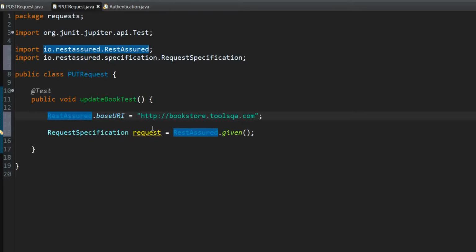Now that we have the base URI and the request, it's time to compose the request headers. We send the request headers to the server so that the server is able to process the request we are sending. We will be sending basically two headers. The first header will be about authentication, wherein we will authenticate the user account that we are logging through, and the second one will be content type, which we want the server to interpret our request body as.